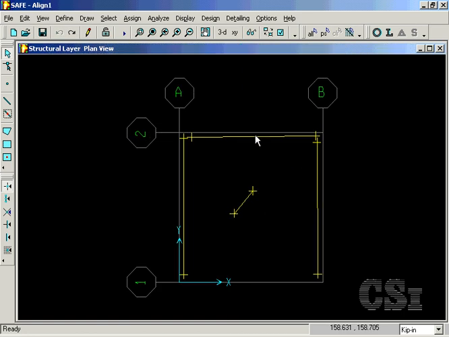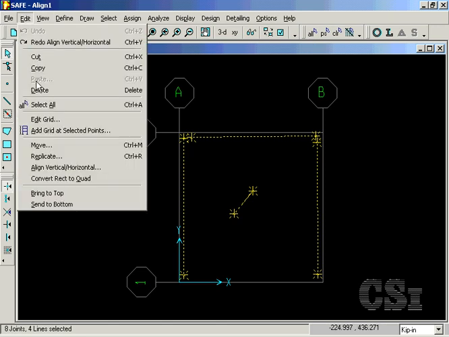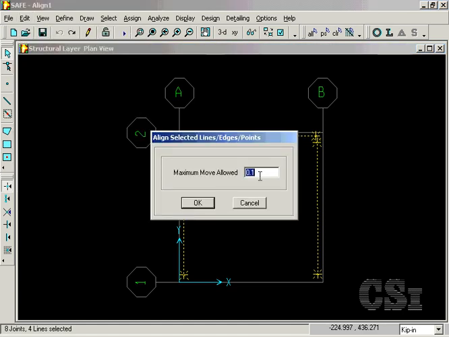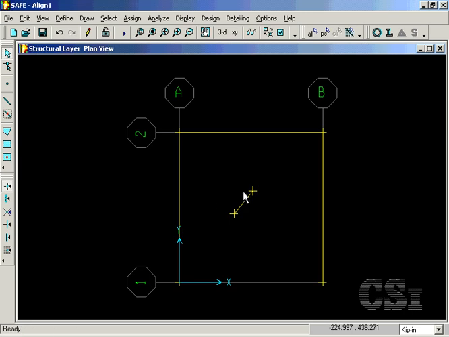In this last example, we will show why it is usually best to use the align command on a local basis. Here we wish to move the perimeter beams onto the grid lines. We select all of the beams and go to the align command. In the edit box, we specify a tolerance of 25 inches, which does indeed move all of the perimeter beams